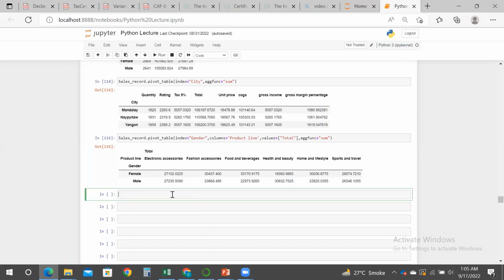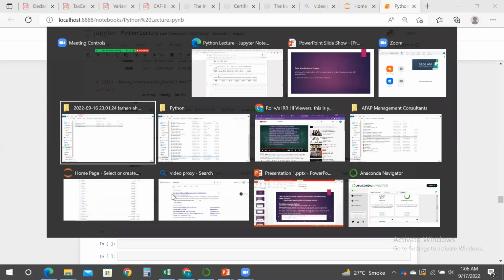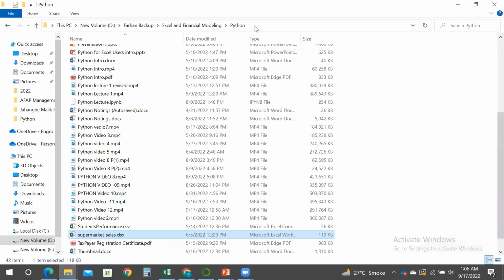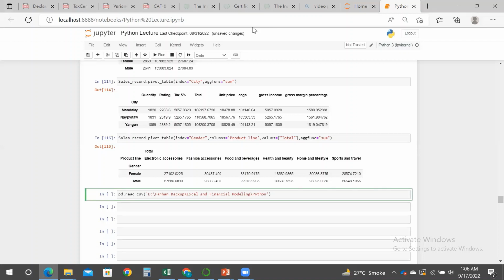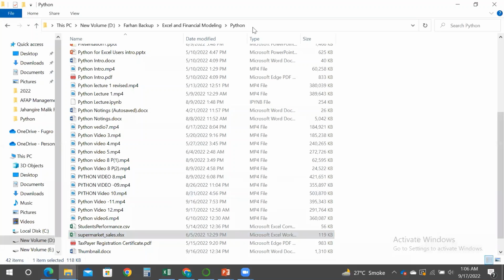To import a CSV file, we will type pd for pandas, read_csv function, and inside the parentheses using quotes, we will specify the path of the file from where we are going to import the file. Give a forward slash and then copy the name of the file which we want to import. And in this case, we will be using